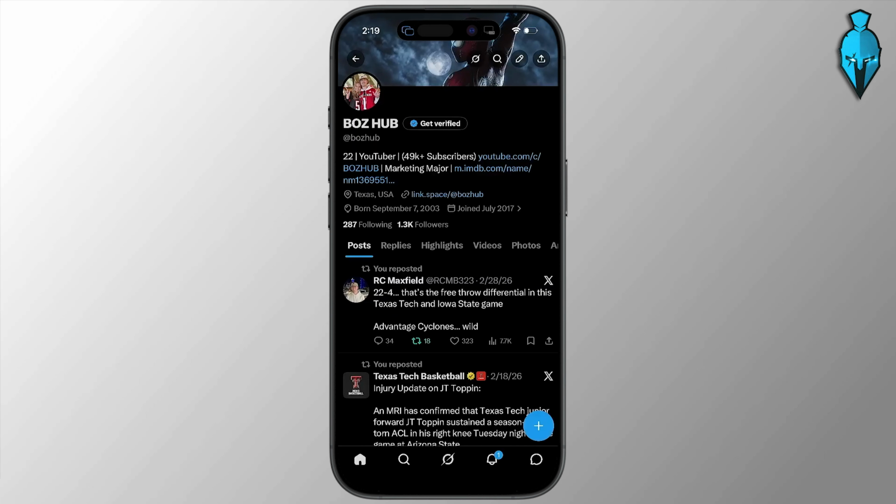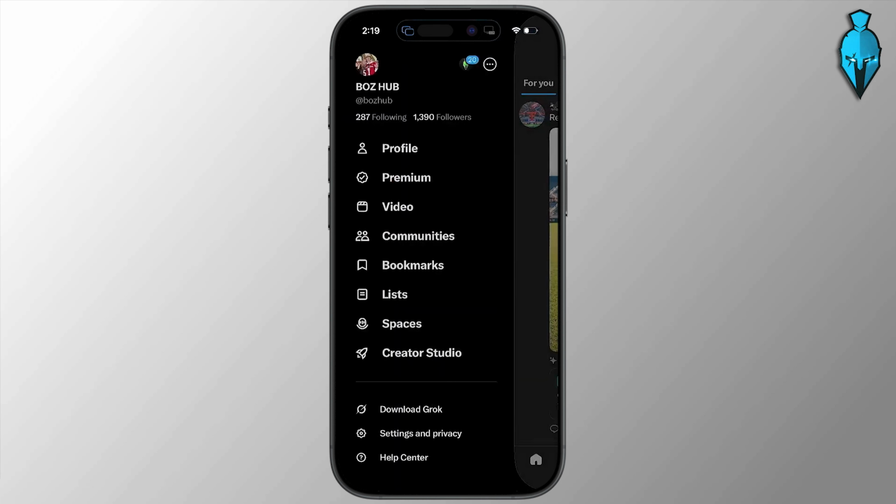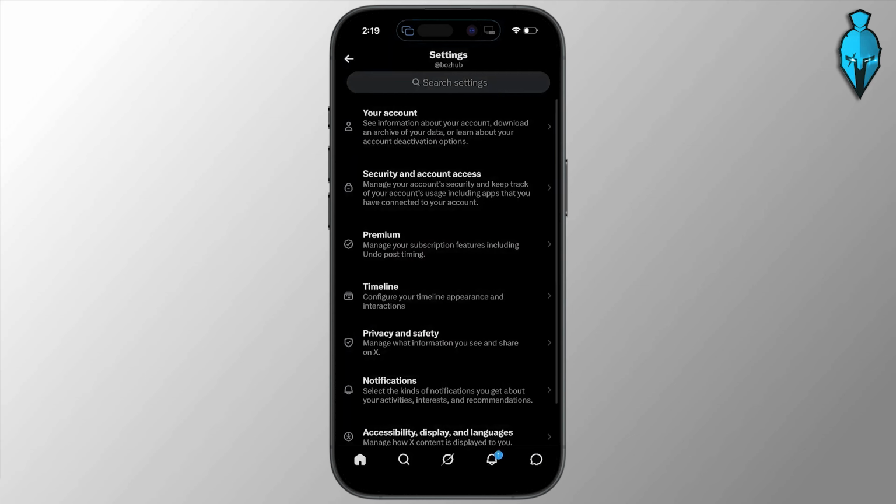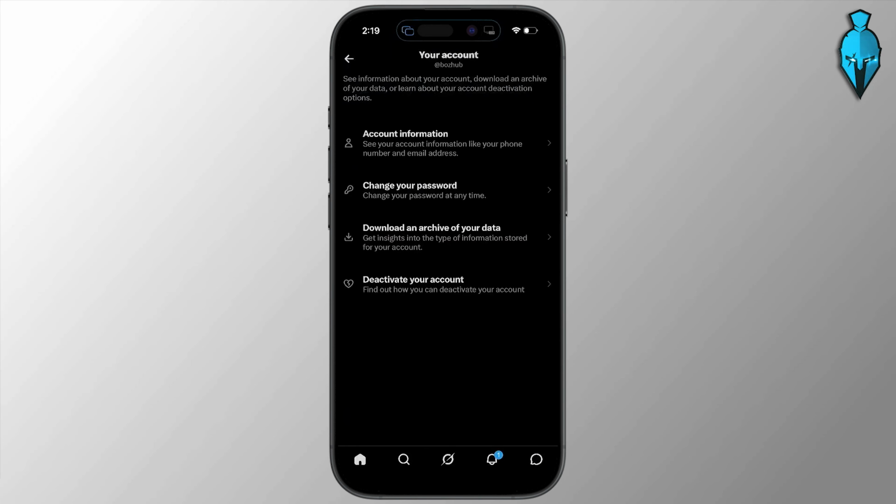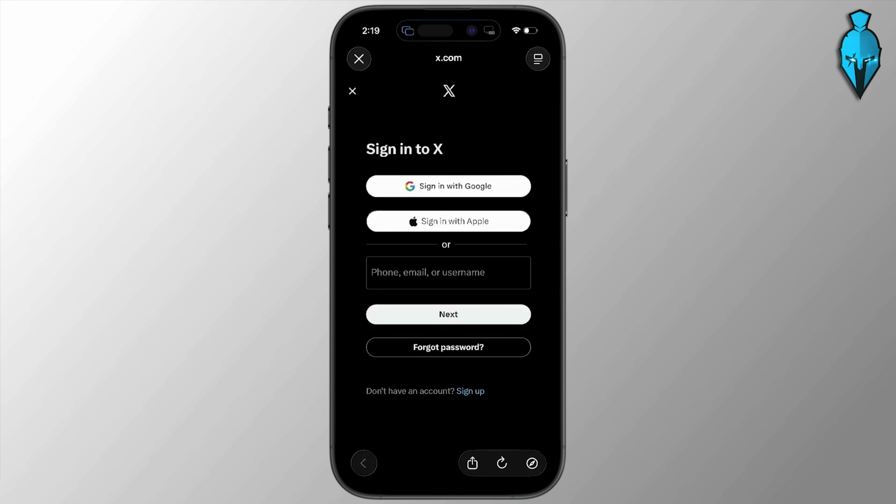But first things first, go ahead and open the app and tap on your profile icon up in the top left. From here, you need to go ahead and navigate into your settings and privacy. Hit your account up at the very top and you're looking for the download and archive of your data option. Go ahead and select that, and you may be asked to log in again on the browser, so make sure you go ahead and log in. After doing so though, all you have to do is request the archive and X will prepare that data. After it's ready, download it and you'll be able to view your full watch history, including activity, watch data, and